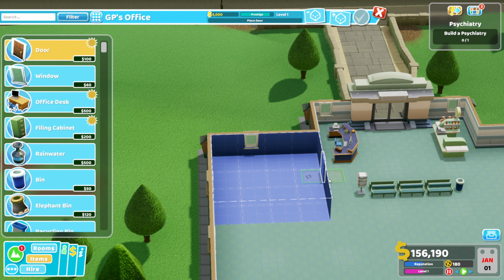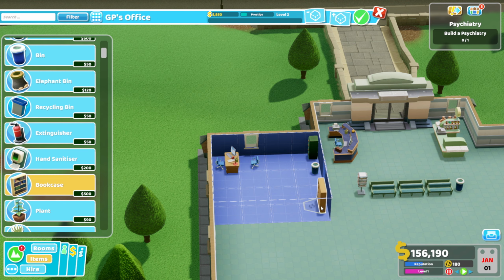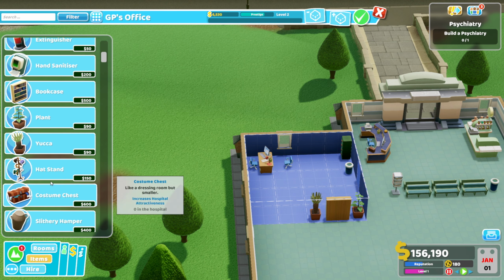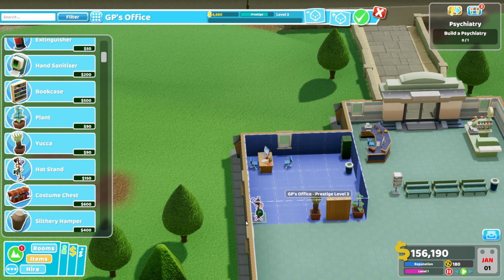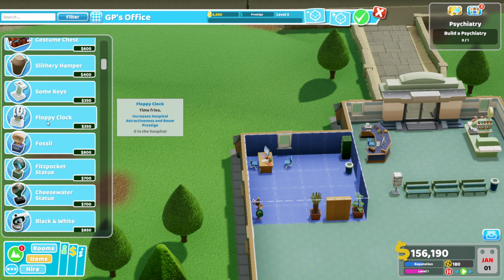Next, we want to put some GP's offices in place. We're going to do this one here. Put our filing cabinet in, a bin, a bookcase, and a plant, and a yucca. What else can we put down? A hat stand. And then that puts us to Prestige 3,